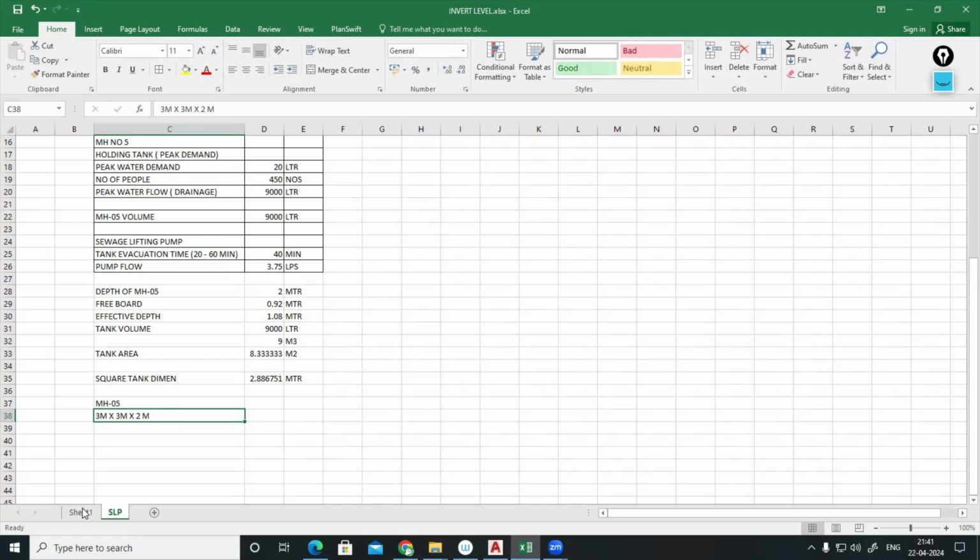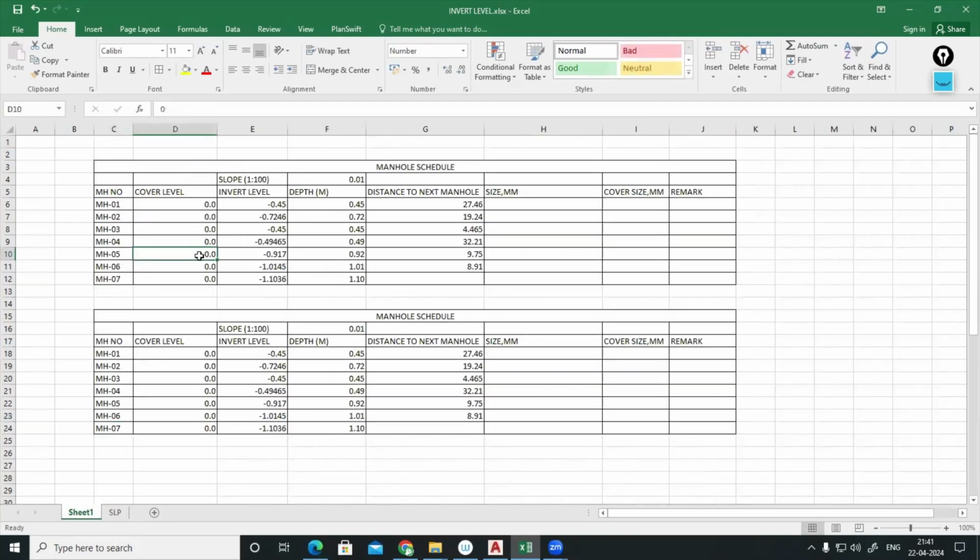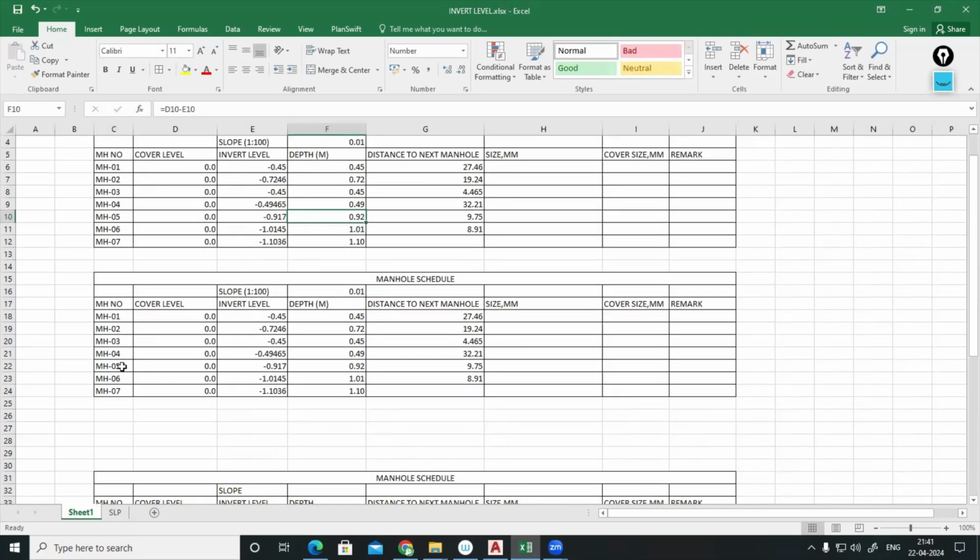By that scenario, here you can see the cover level is 0.0 only. Invert level of the pipe that is entering is 0.917 only. But depth is how much? Depth you can't calculate like this. Depth will be the second one, manhole number 5. The depth will be